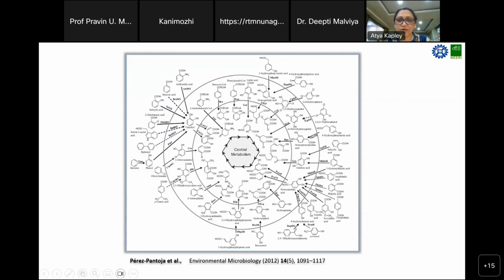So all these are happening in nature. In nature, you don't have one single contaminant. You have so many, all this outside the circle. Suppose these are all the chemicals that you find in any niche. For them to lose their toxic potency, they have to be biodegraded. So they are biodegraded through various cycles, through any microbes. Could be fungi, could be bacteria. And then they come to the central metabolism, where the final mineralization comes. The rings open and they are degraded into carbon dioxide and water, which is, of course, the complete mineralization of